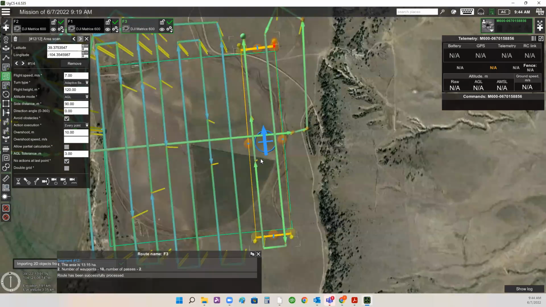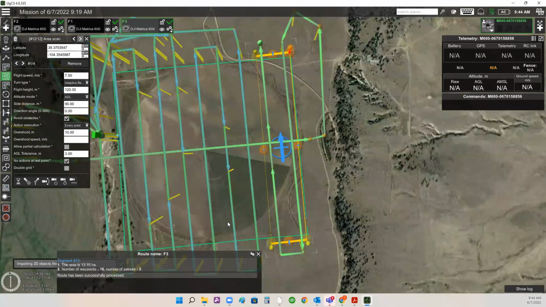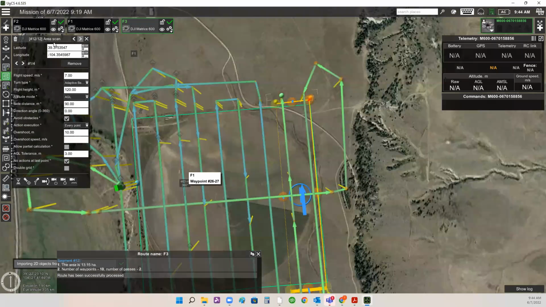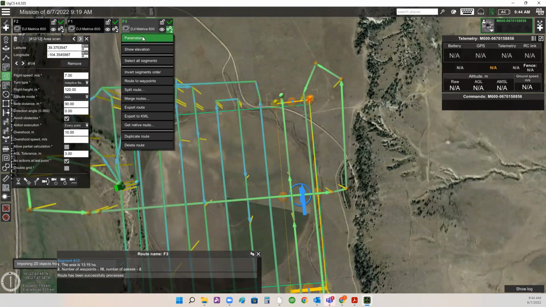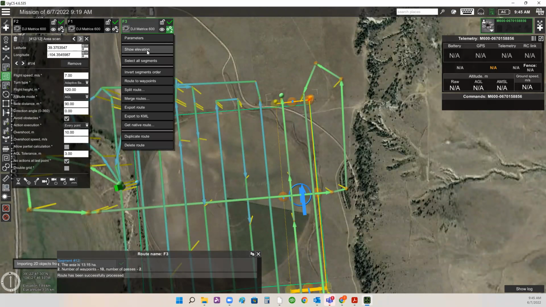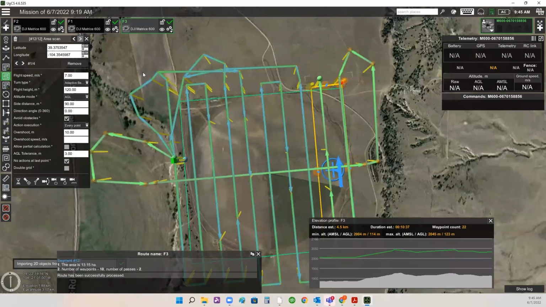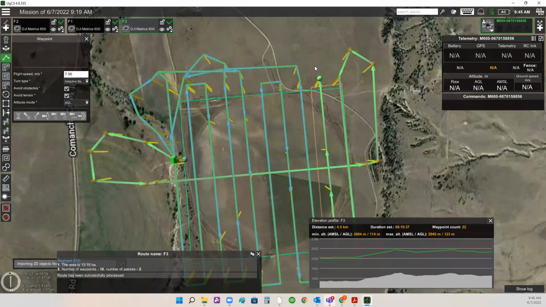Wonderful. Again, I'm getting 400 feet either side of this flight line, and this distance is only 90. So even though I'm here, this laser scan is capturing this road way outside of what I'm getting contracted for. So we're okay. Let's check on our time for flight number 3 by clicking the gears and saying show elevation, 10 minutes. That's perfect. We now have time to do our area scan and grab some waypoints